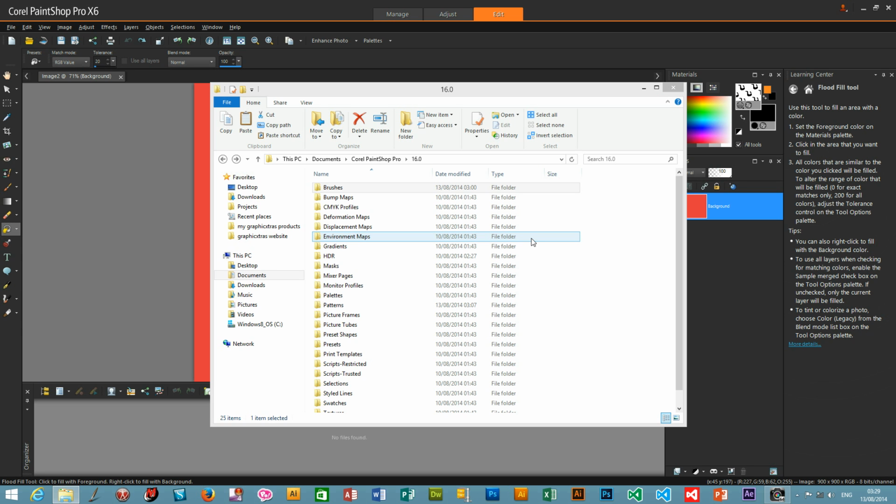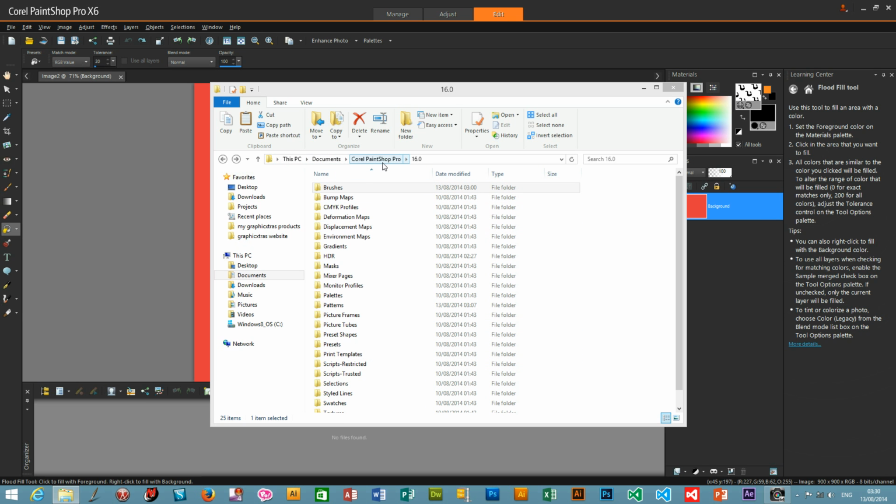In this video I'm just going to quickly show you that you can use PNG files, in particular PNG files from Graphicxtras, but of course you could use any sort of brush design. You can use them as patterns in PaintShop Pro X6 as well as X5, X4, etc. The key thing is just to put them into the patterns folder,